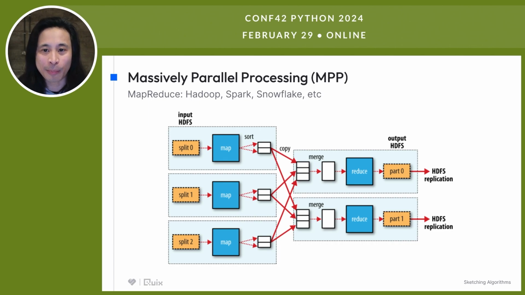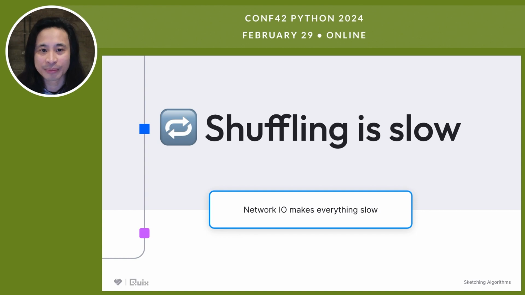And this is common to all massively parallel processing systems such as Spark and Snowflake. And really all distributed databases work in a similar way. And the take-home message here is that shuffling is slow. And when processing queries, you have to do what you can to avoid ad hoc network I/O. And there are techniques in distributed systems like Spark that help you to get around this by using broadcasting, where you would use broadcast joins where you want to join two tables so that rather than a huge amount of shuffling taking place, a copy of the smaller table can be stored upfront alongside the larger table on the same machine, so it's available when the join needs to be performed.